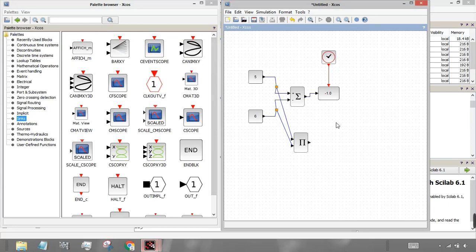So if you want to use the same block, just press the control key and select the block and then drag it. So it will create a separate extra copy of the block. You can get this block with these options, or you can just press the control key, select the block and then drag it to the positions where you want and then just connect it.